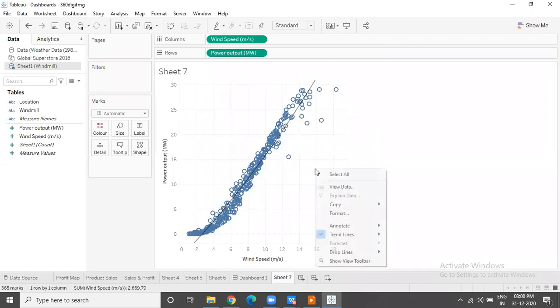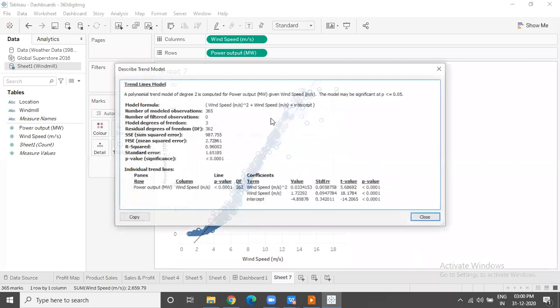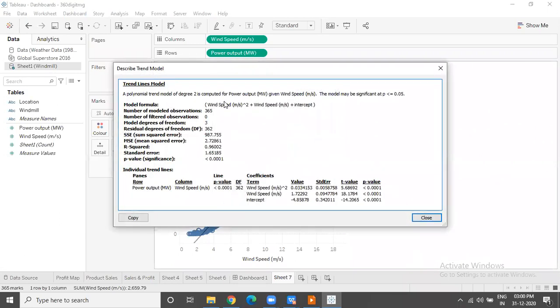Further, if you want to know the statistics behind it, if you want to know exactly what Tableau did, what are the other statistical concepts, we can go and describe the trend model. Use the option to describe the trend model, which will tell us the model formula and other statistics, like the statistics related to ANOVA, analysis of variance, model degrees of freedom, residual degrees of freedom.